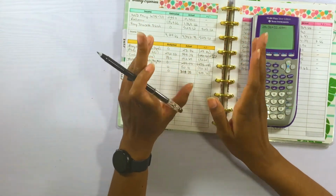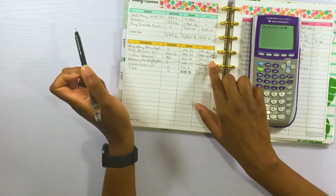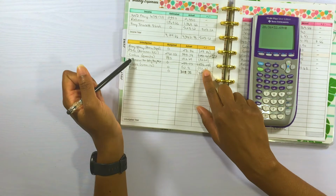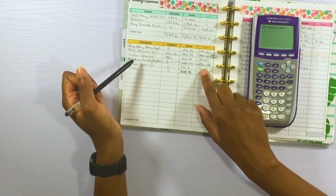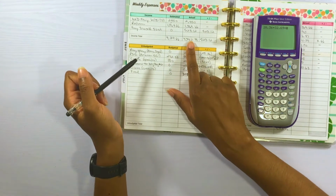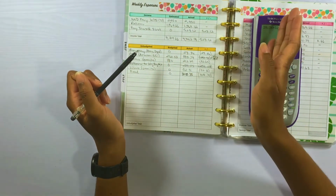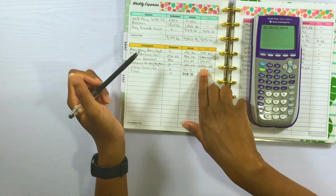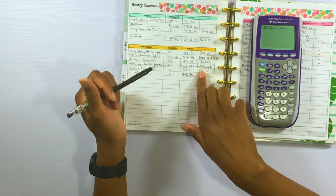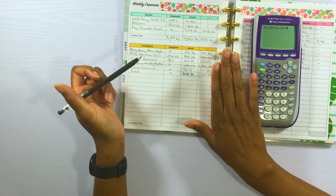I just don't know quite how much of our money should go to Costco and how much should go to groceries. So I was going to put $284.03 from this extra money to roll it over from this paycheck to the next paycheck, because we are going to be short that $284. But because we were over so much on food in this paycheck,